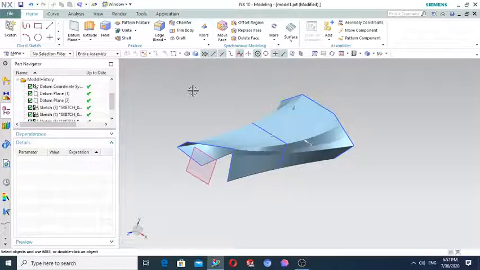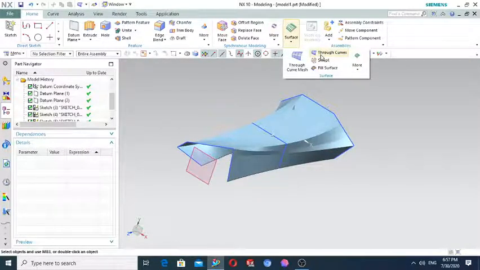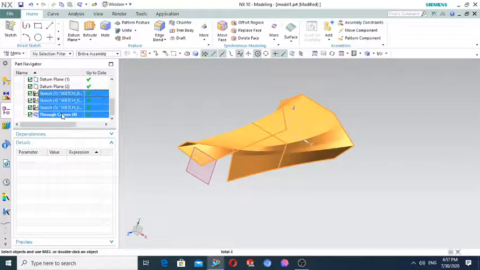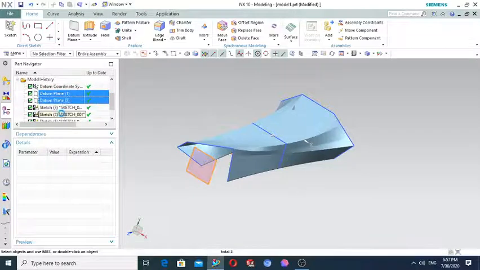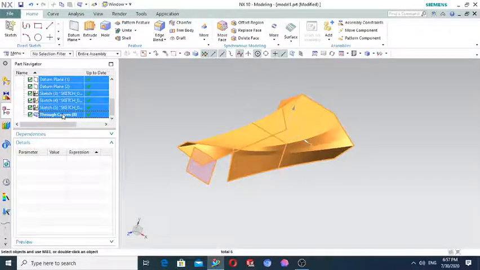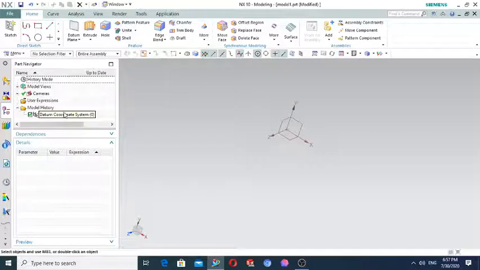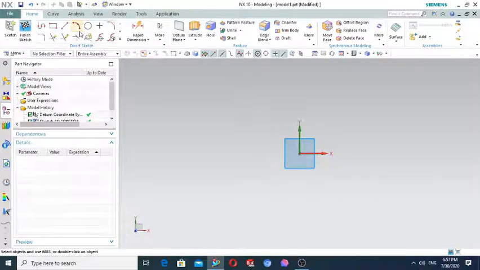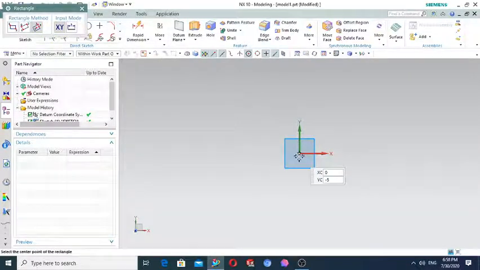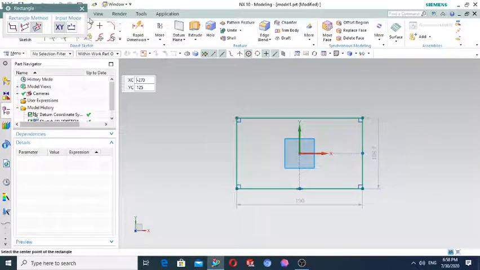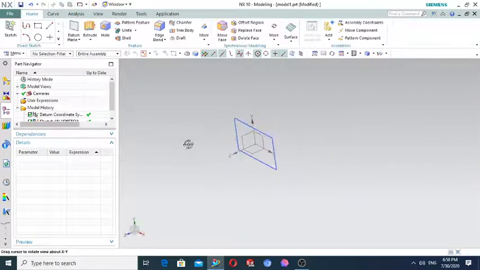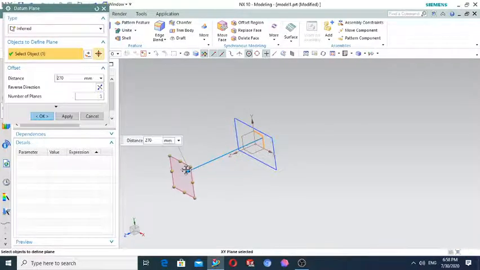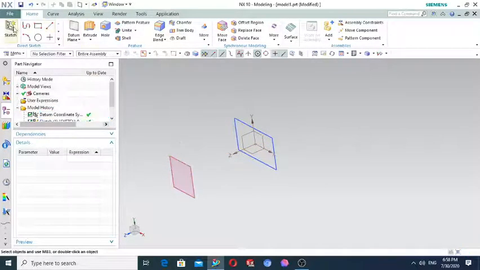Let's see the same technique of through the curve in the closed profile, how it will be obtained, and I will show one trick how to connect the rectangle sections with the circular sections. So let's draw on this plane any rectangle with the center. Finish the sketch. New datum plane on a distance, for example on this distance, and